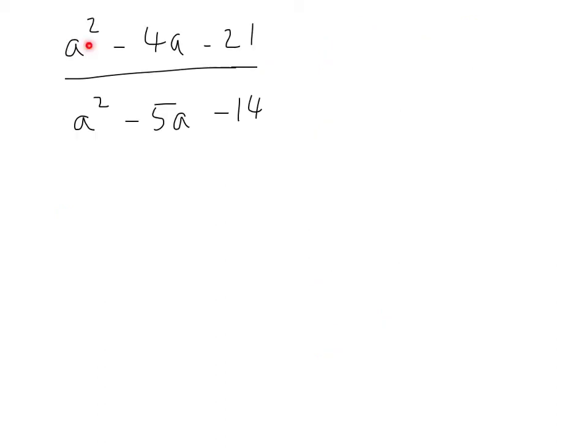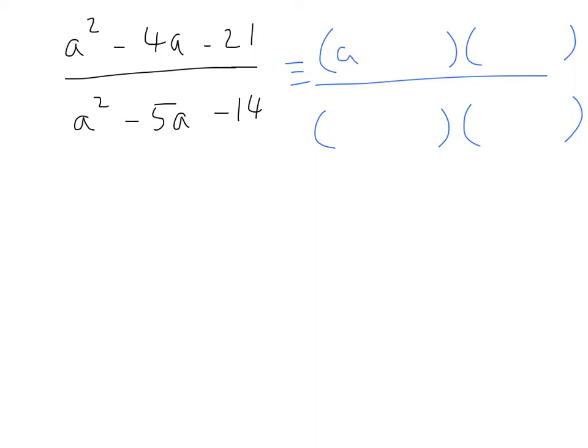This time we have a quadratic trinomial on top and on bottom. So again, we'll have to factorize them both into pairs of brackets. Okay, now we need two numbers that multiply to give negative 21 and add to make negative 4. This is likely to be a 7 and a 3. It will be negative 7